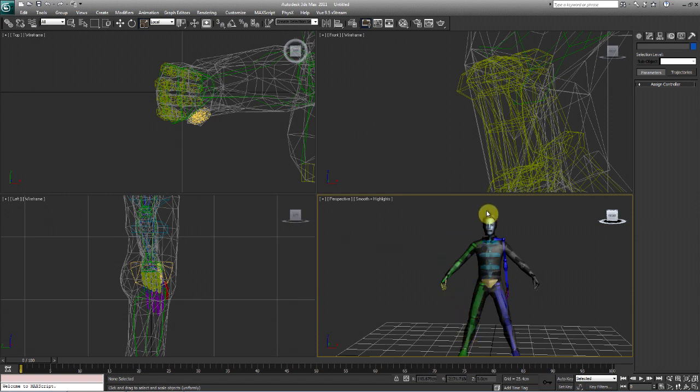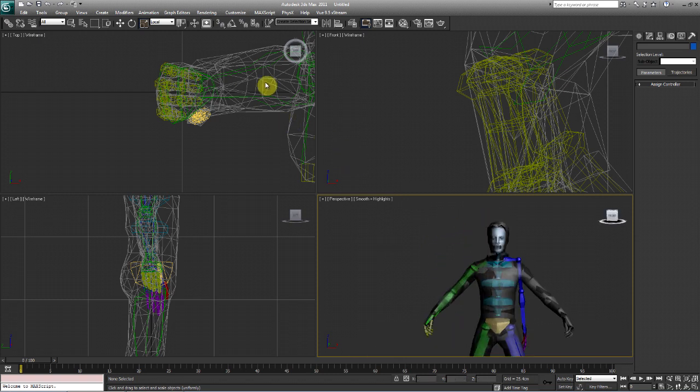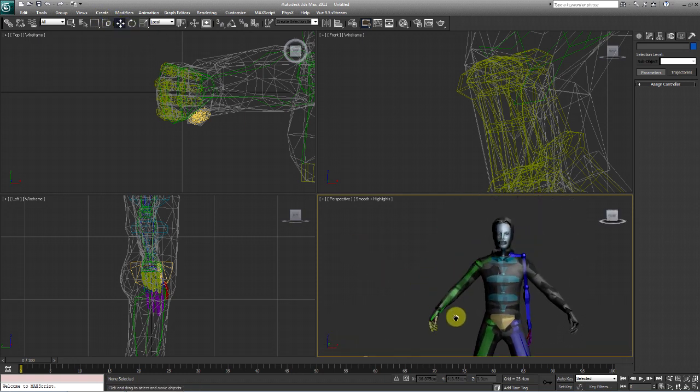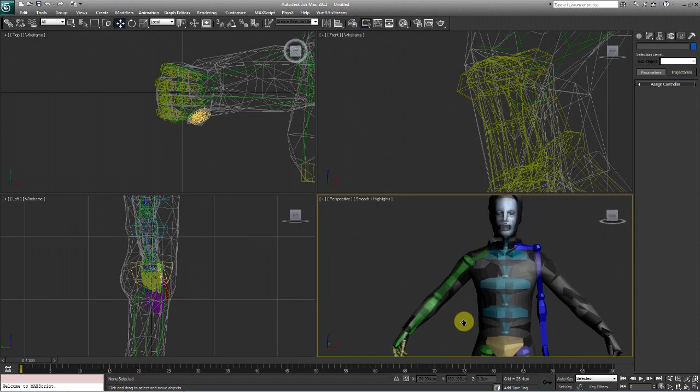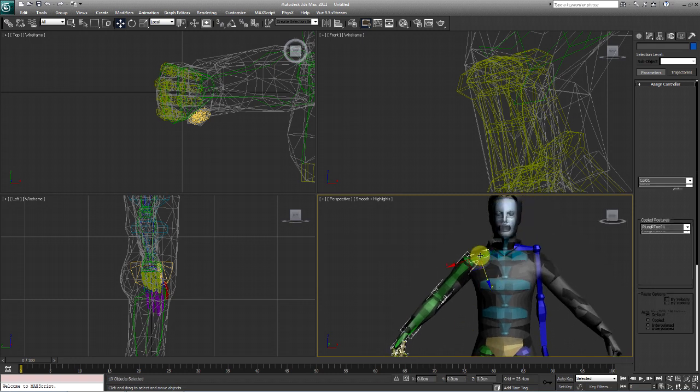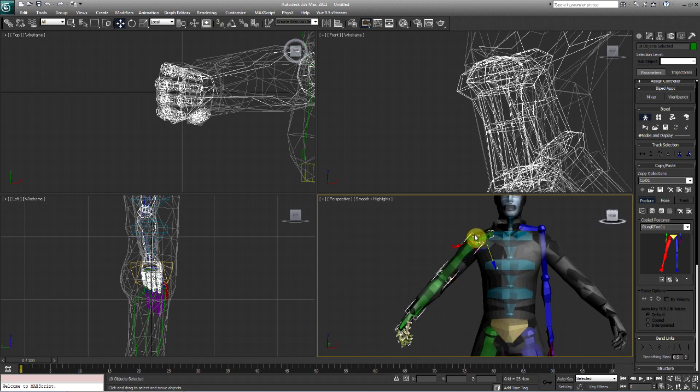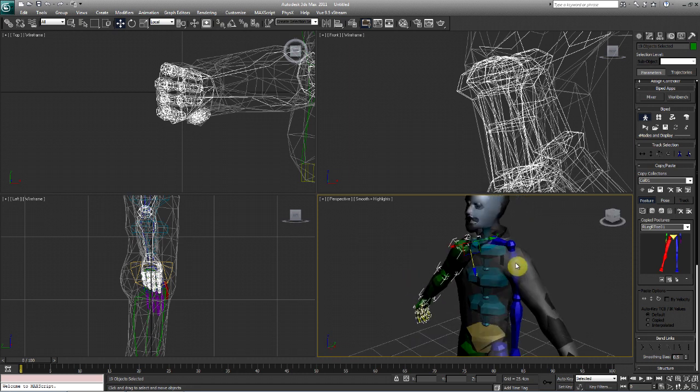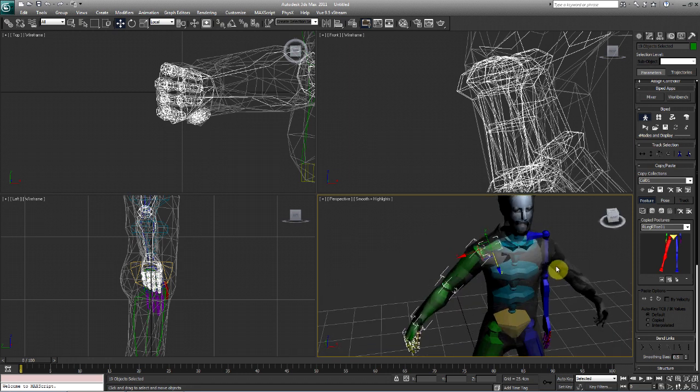Now we need to add the left side, and this is where it's very nice and easy. Just like we did with the legs, we're going to copy the posture and paste it to the other side. So we're going to double click on the shoulder link. Now everything on this side is going to be selected, including the fingers, everything up into the scale. It is going to copy the exact same way. Everything that I copied is going to set up on the same exact side on the left, and it's going to be scaled the same exact way.